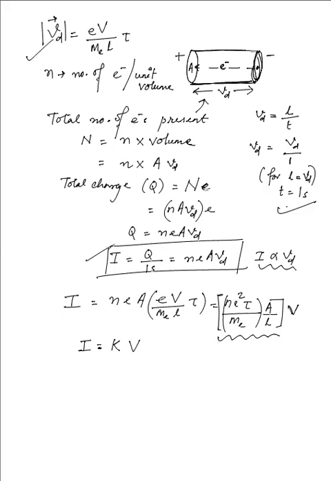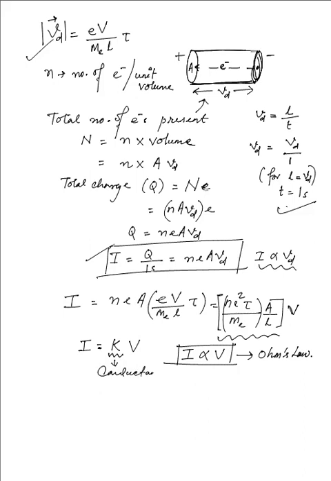Now if we vary the potential across the conducting wire, then obviously that is going to affect the current in a way where we can say that the current is directly proportional to the potential difference applied across the ends of the conductor when the temperature and other physical conditions remain constant, and that is what we know as Ohm's law. And this term over here is termed as